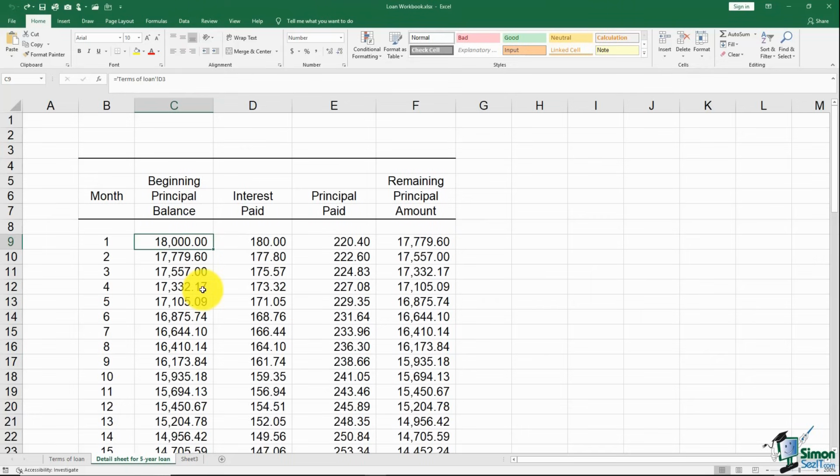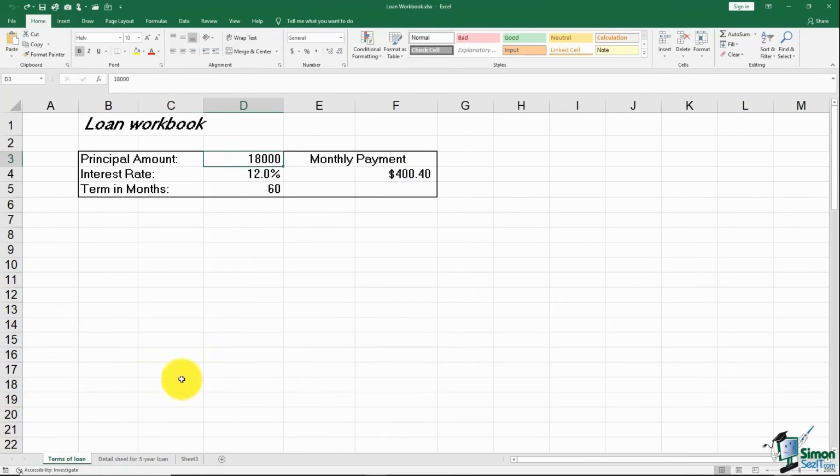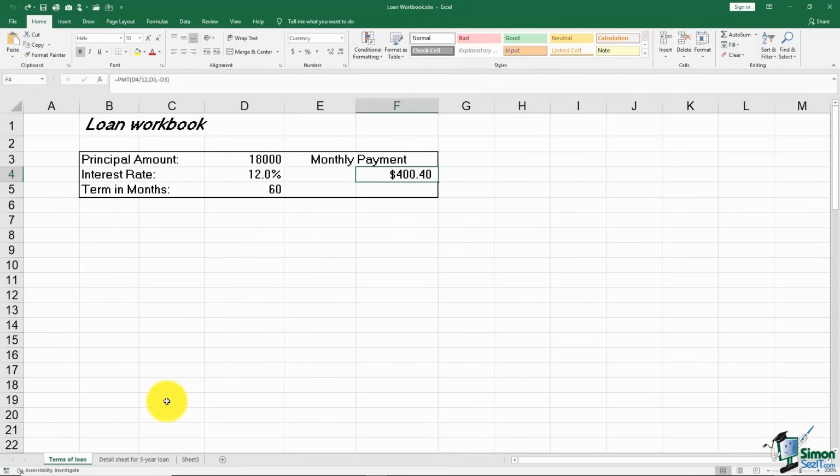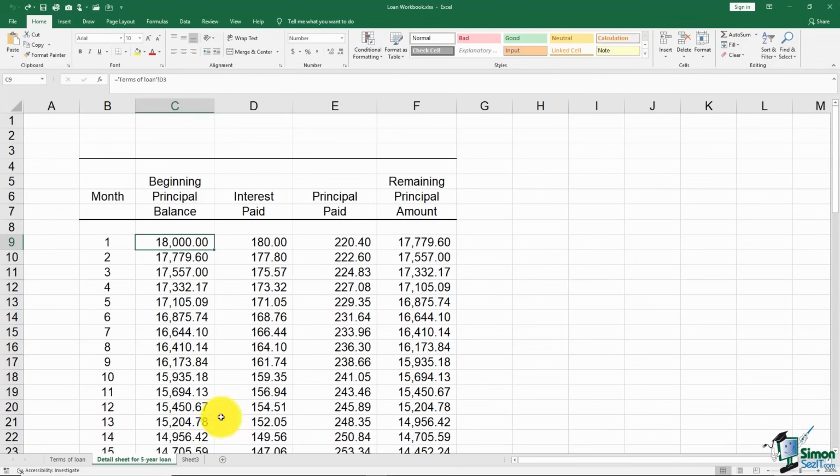You're going to write a formula that links C9 back to Terms of Loan D3. If you forget how to do that, go back and watch Section 2 again. That's where we had written the formula to link these two sheets. Once you're finished with that, go back to the detail sheet for the 5-year loan, and I want you to